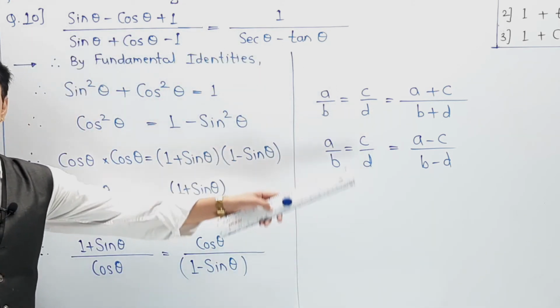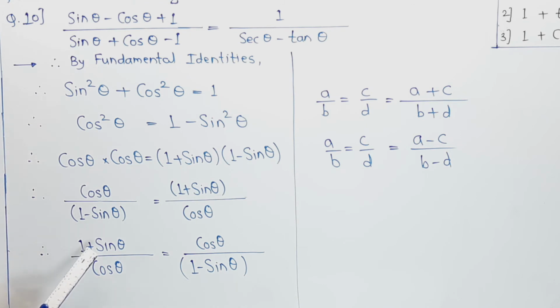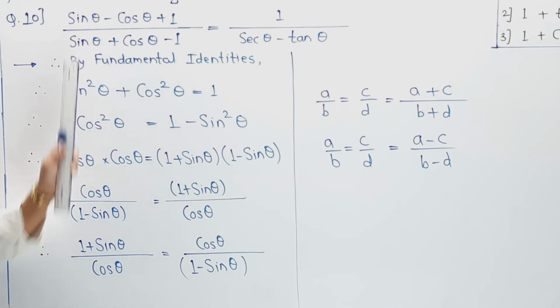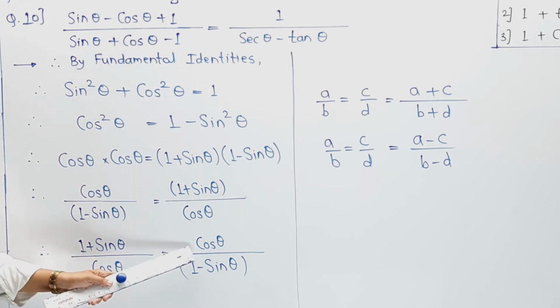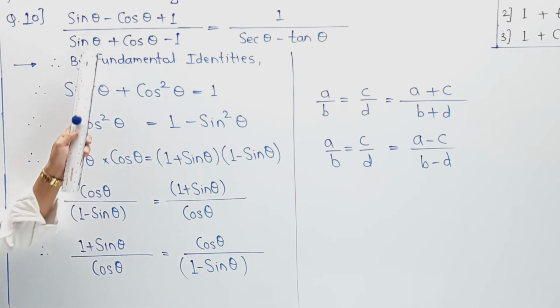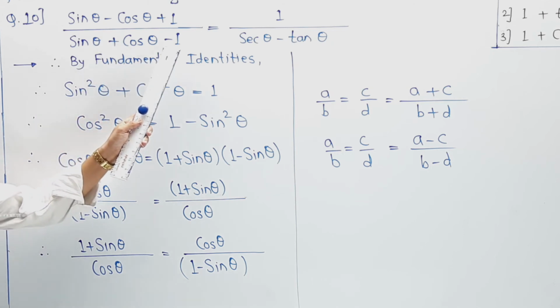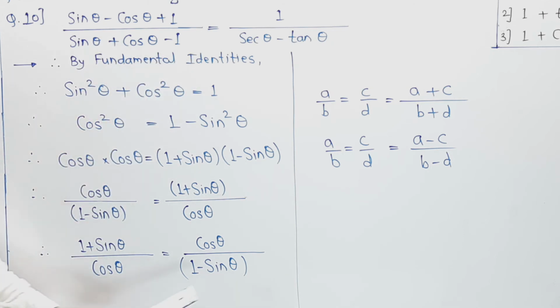Here, why have we discussed both? The reason is, we need 1 plus sine theta as positive and we need cos theta as a minus, so you have to make a subtraction over here. Same here, sine theta and cos theta are positive and 1 must be minus. When you shift it over here, cos theta will be positive, 1 becomes minus and sine theta becomes plus. That means you have to make the subtraction of the numerators and the subtraction of the denominators, and that is called the theorem of equal ratio. And we are going to start it over here.